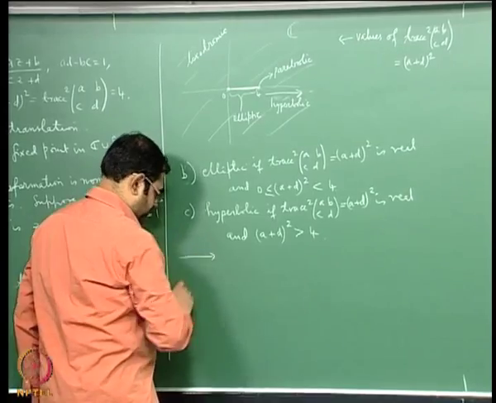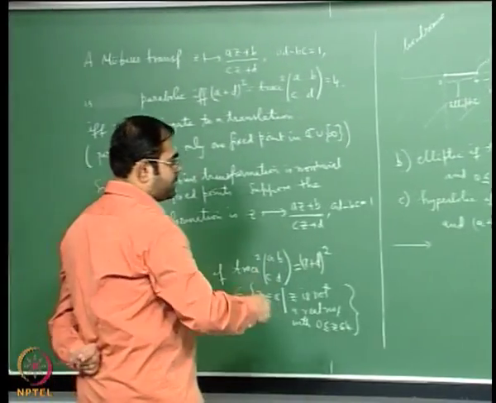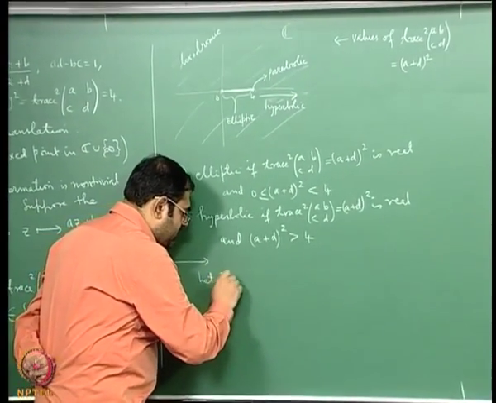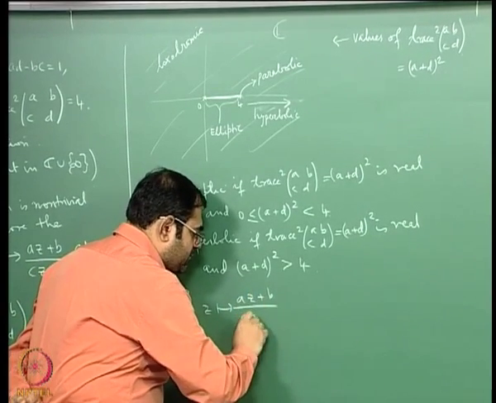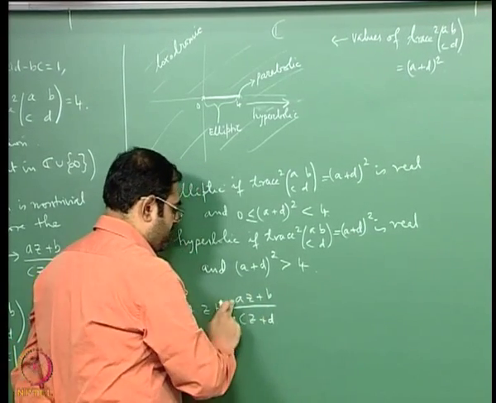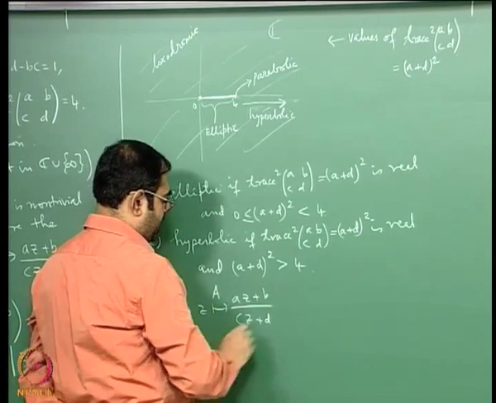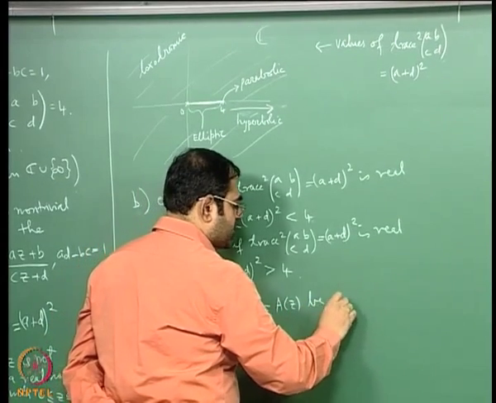Let me look at a Moebius transformation of this type. Let z going to (az + b)/(cz + d), let me call this A. So this is A of z, a Moebius transformation